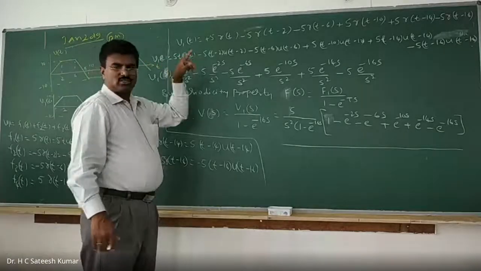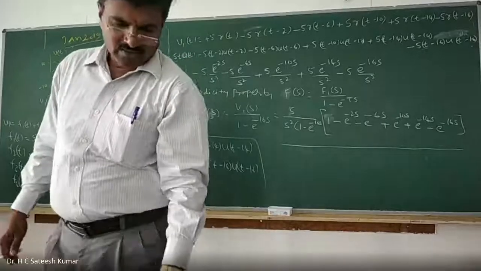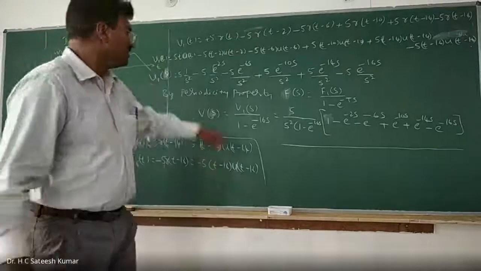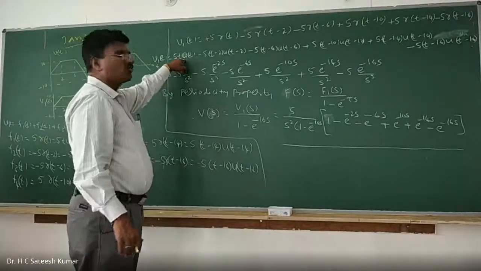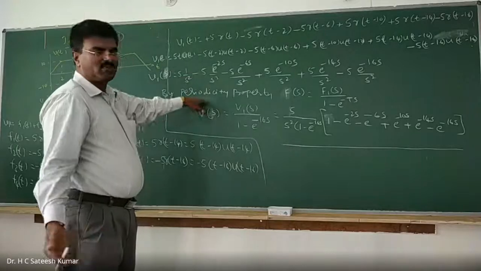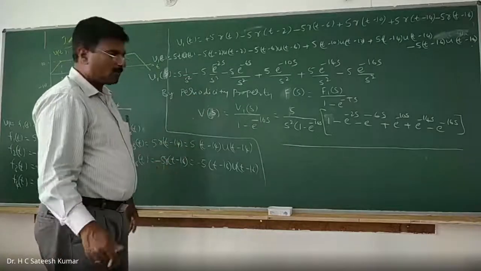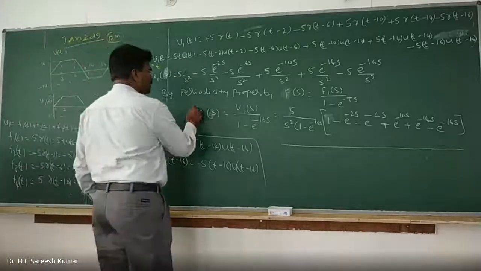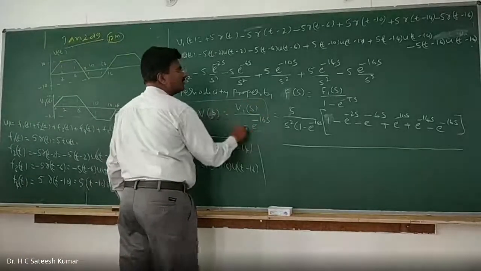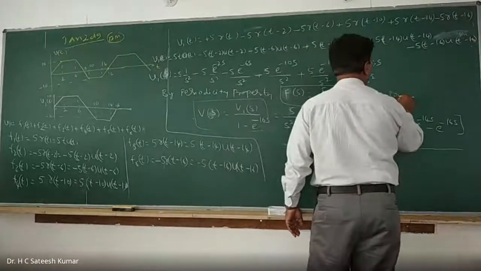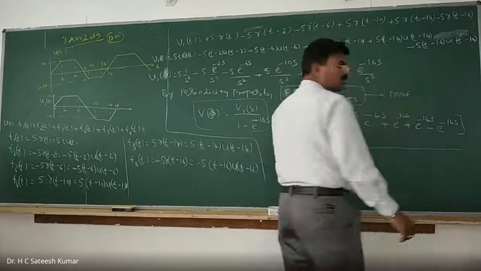So the question is learned only. You see the question: synthesize the periodic waveform shown in figure and find its Laplace transformation. Synthesizing up to this point may fetch you 5 marks, and finding the Laplace transformation may fetch you 4 marks. And prove the formula used. Prove the formula used means this formula we have to prove. Already I did this one. Proof of this one may fetch you 4 marks. Proof is also required. This I did it.